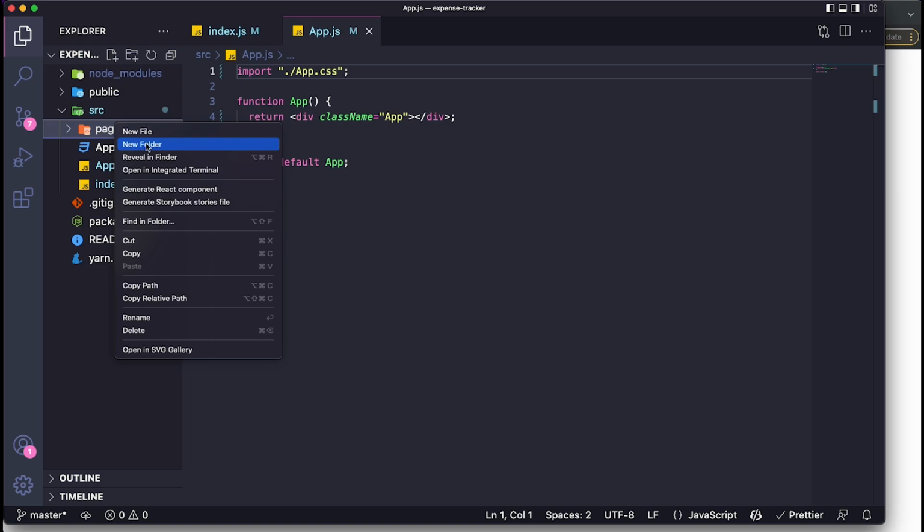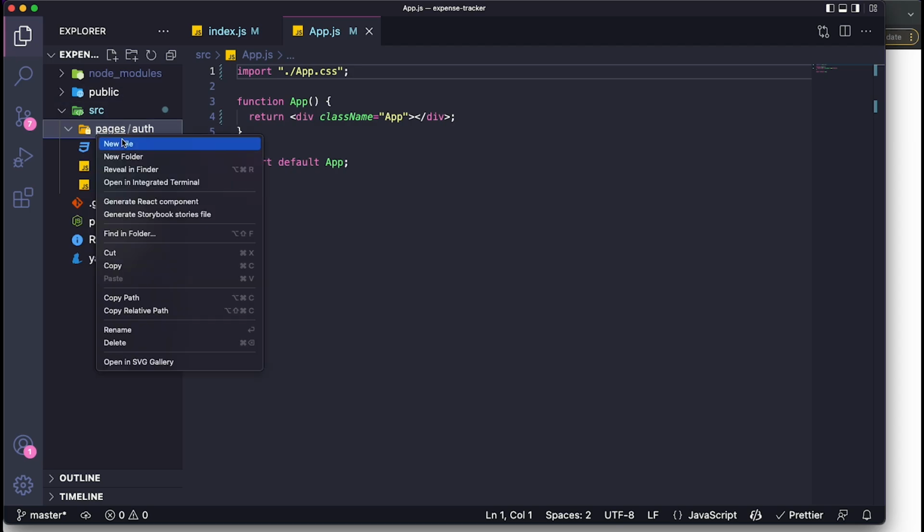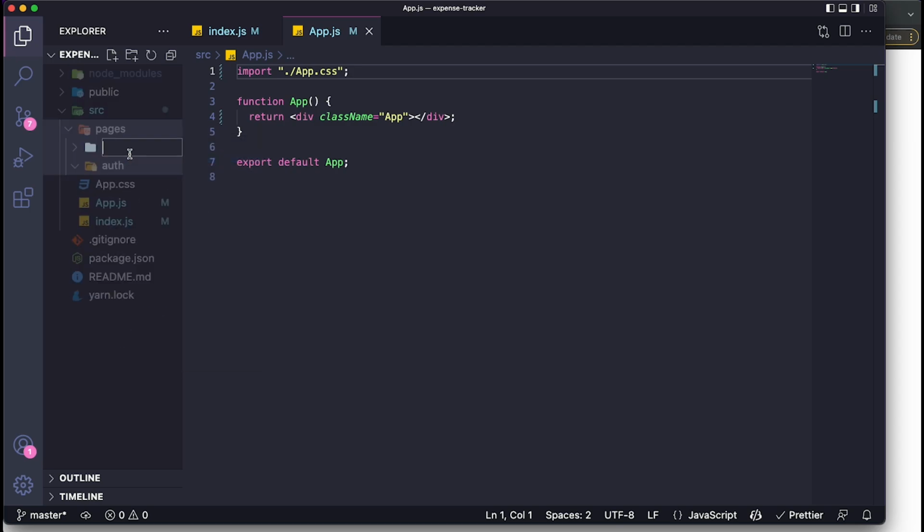For example, as you saw in the beginning, we had the first page, which was a page where you can sign in with Google. So I would call that page Authentication or Auth. And then we also have another page, which is where we actually have the dashboard where you can add the transactions and do all the expensing and all the tracking. So with that page, I'm going to call it Expense Tracker, just like this. I wrote expense wrong, so I'm just going to fix it. So I'm going to have those 2 pages. For now, we'll leave those folders empty because we're not going to create the files yet,